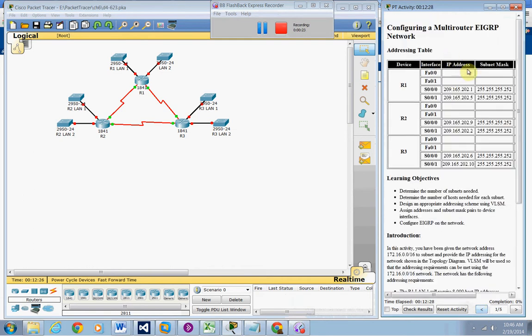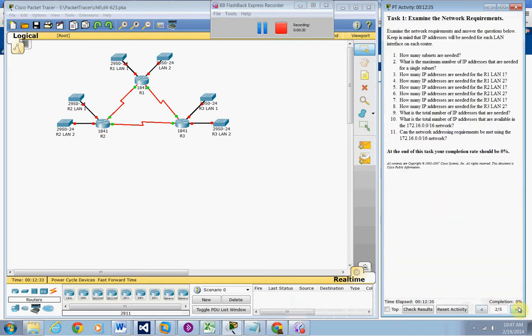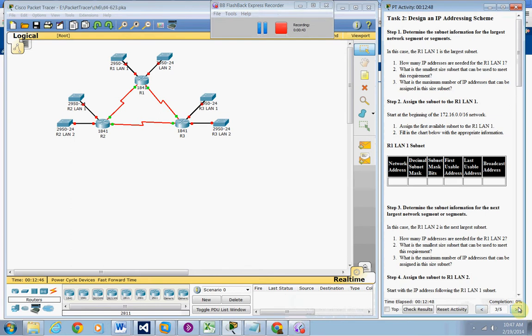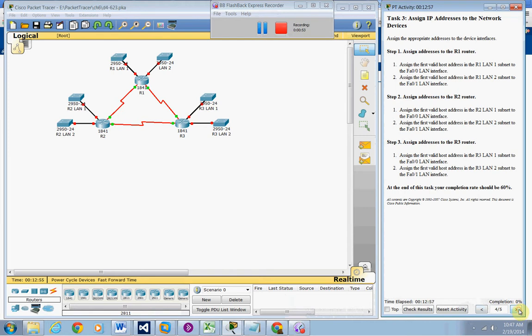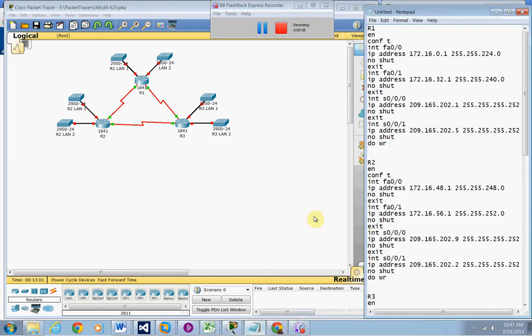The first 3 pages is where you, on paper, figure out your IP addresses. And the second page, network requirements, and keep in mind that the IP addresses will be needed for each LAN interface on each router. And on page 3, you determine the subnet information for your largest network segments, and assign the subnet to the R1 LAN. So we're going to start on page 4,